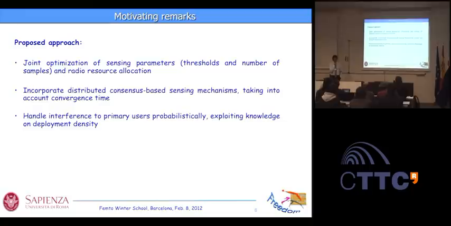So the way we tackle this problem, as in many cases in engineering, every time we don't know something, we try to tackle the problem in a statistical sense. So we say, okay, I don't know if there's someone, but I can suppose, for example, that mobile users are uniformly spread across space with a certain density. I assume that I know the density. This is my only assumption. But everything else is random. I don't know the position, I don't know the channel, but I incorporate a statistical model of the spatial location of mobile users, and I use this model to cast the interference constraint.